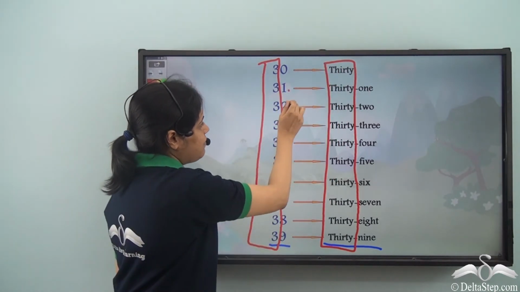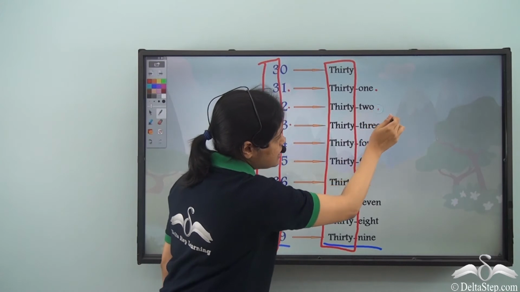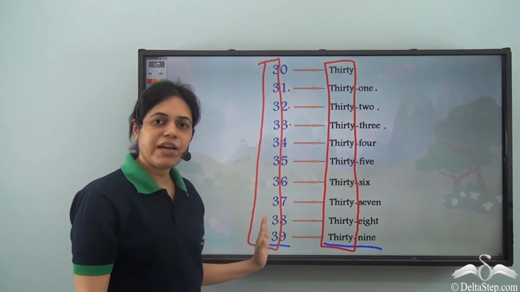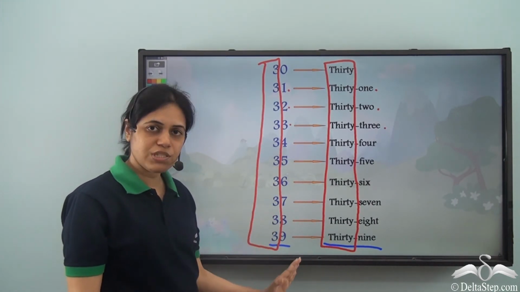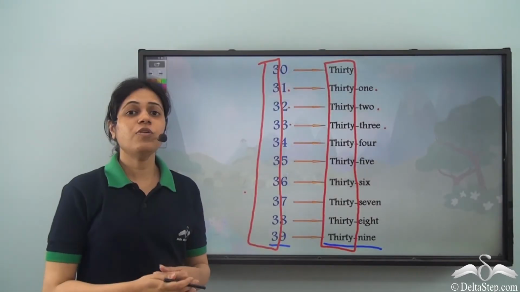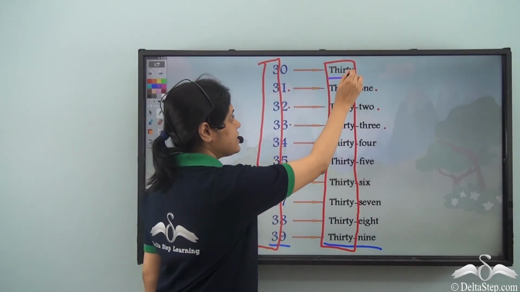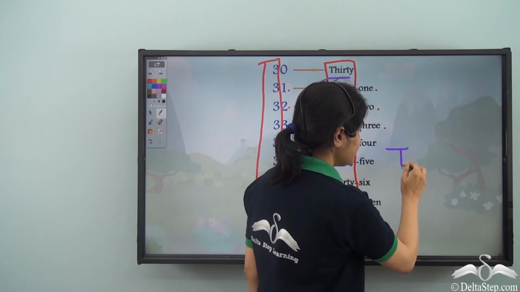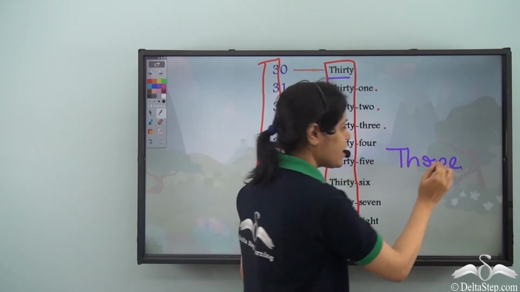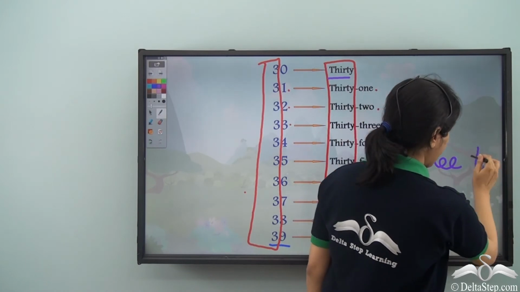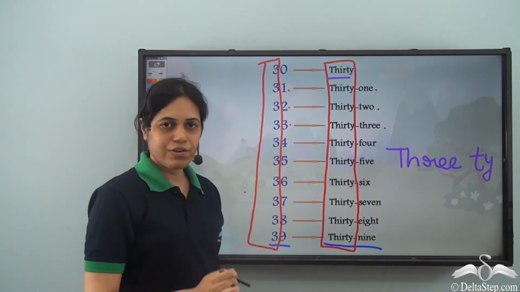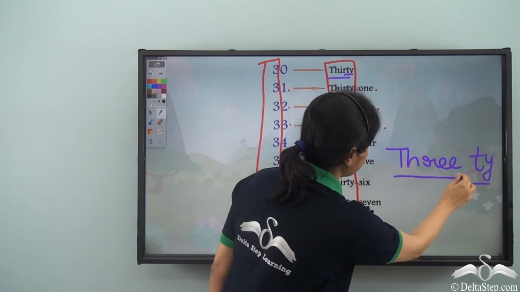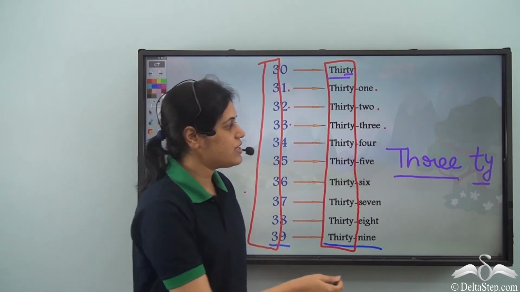And the second place number gives us the second part of the name, right? So this is how we can find the names of all the numbers having 2 digits. Now observe something here. This is 30, 30, 30. Now this is 3, and after 3 we have a TY. So this TY remains and 3 becomes THIR to give us 30.